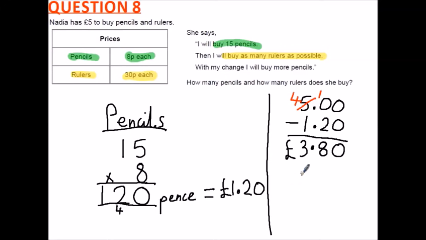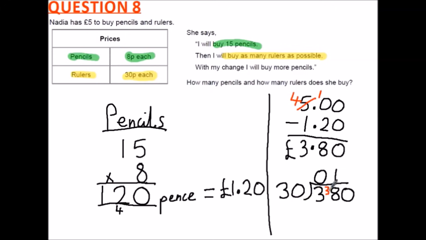One way of doing this would be to divide 0.30 into £3.80. So doing it this way, thinking of it in terms of pence, see how many 30 pence we can fit inside £3.80. £3.80 in pence is 380. Make sure the units are consistent. 30 into 3, we can't do that. 30 is too big. So the remainder there is all of this 3, which we're going to move on next to the 8. 30 into 38, we can fit 1,